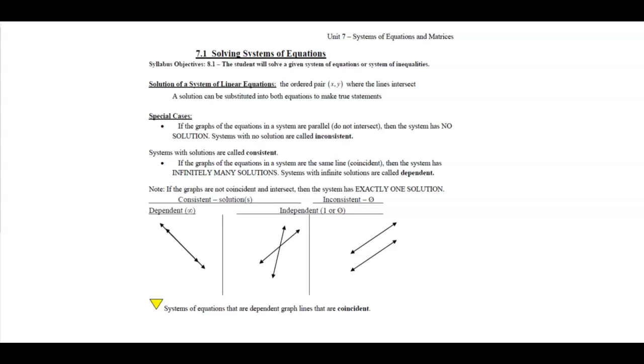Everyone. We are going to start in chapter 7 this week, which is systems of equations and matrices. This is on page 42 in your note guide, and we will also continue with the review assignment. So we're going to do 7.1, 7.2, 7.3, and we're going to end up doing review number 4 and review